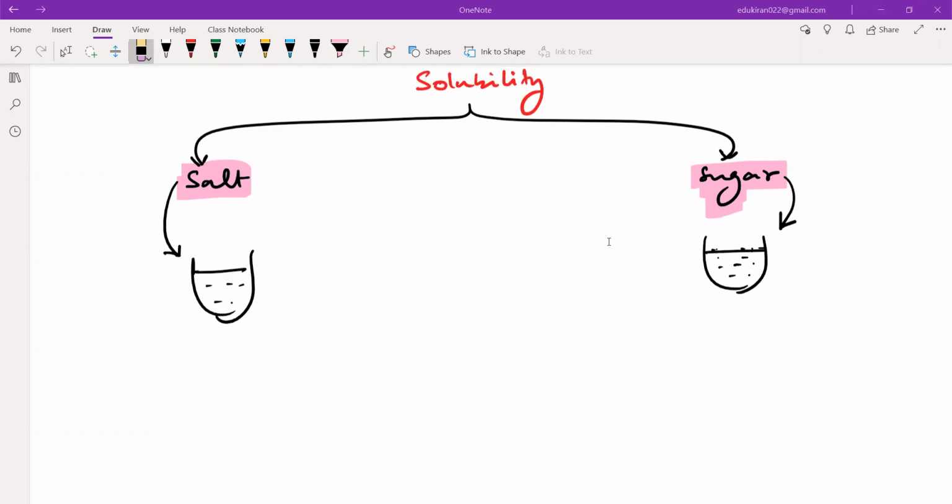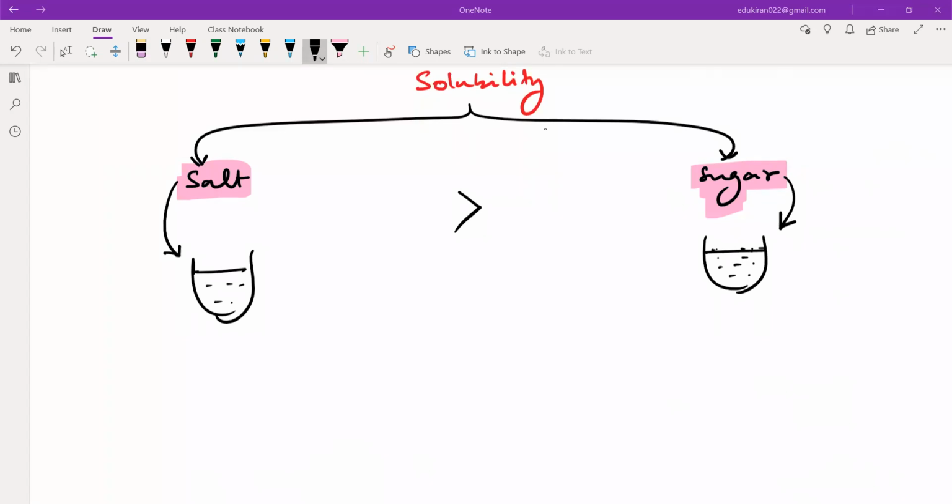Okay. Muhammad Umar, you think salt needs stirring? I don't think so. Okay. So obviously, there is a substance that requires stirring in order to get dissolved in water, and there is a thing which does not require stirring to get dissolved in water. Then obviously which is more soluble? Salt, right? Yes or no? Tell me, guys.